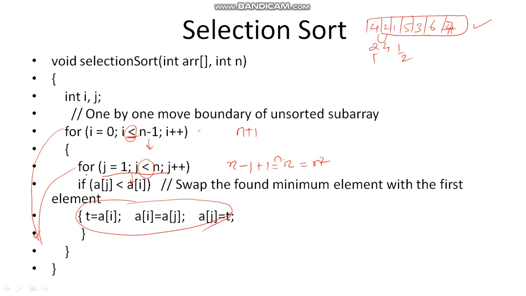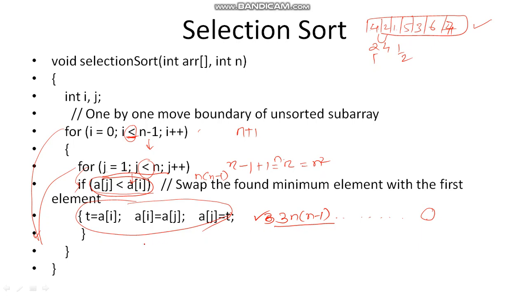Okay, and the control from here to here, now this instruction, the control here is going to come for n into n minus 1 times. And here also it is going to come for n into n minus 1 times. So these are 3 statements, so they will be 3 into n minus 1 times. If at all this condition becomes true always, these instructions will be executed. If this condition becomes false always, in that case these instructions will be executed for 0 number of times, whatever your input is. The highest is 3 into n minus 1.